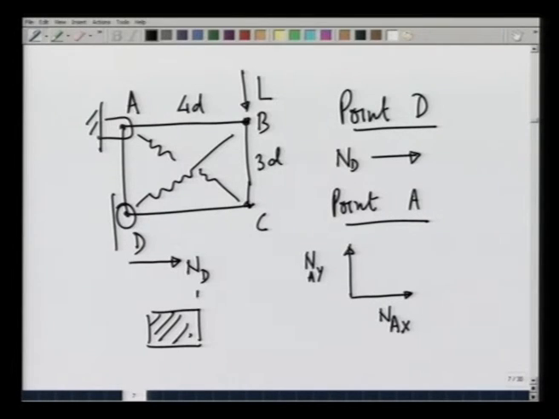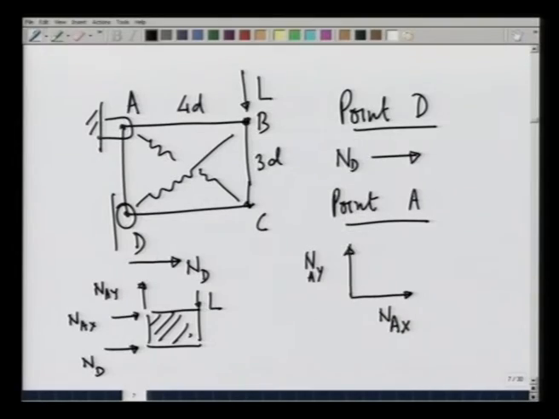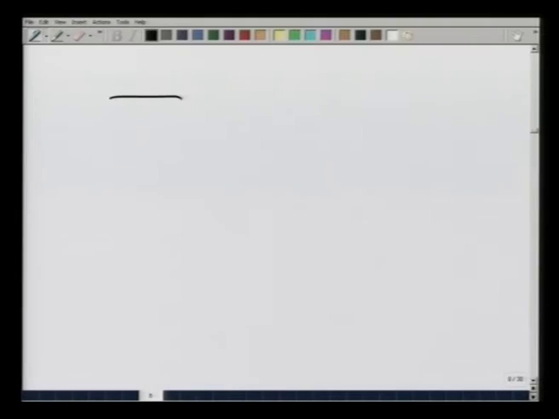So, on the entire system, if I make a free body diagram, there is a load L, there is a reaction here N D, there is a reaction here in the vertical direction N A Y, and there is a reaction here in the horizontal direction N A X. Since there are only 3 external forces N D, N A X and N A Y, these can be determined very easily. It is a 2-dimensional problem. So, let me make it again. There is a load L, N D, N A X,